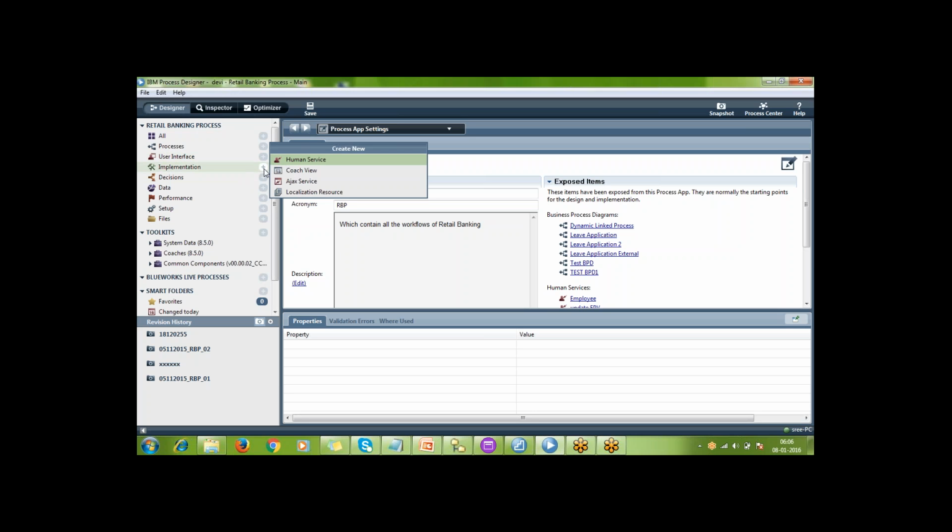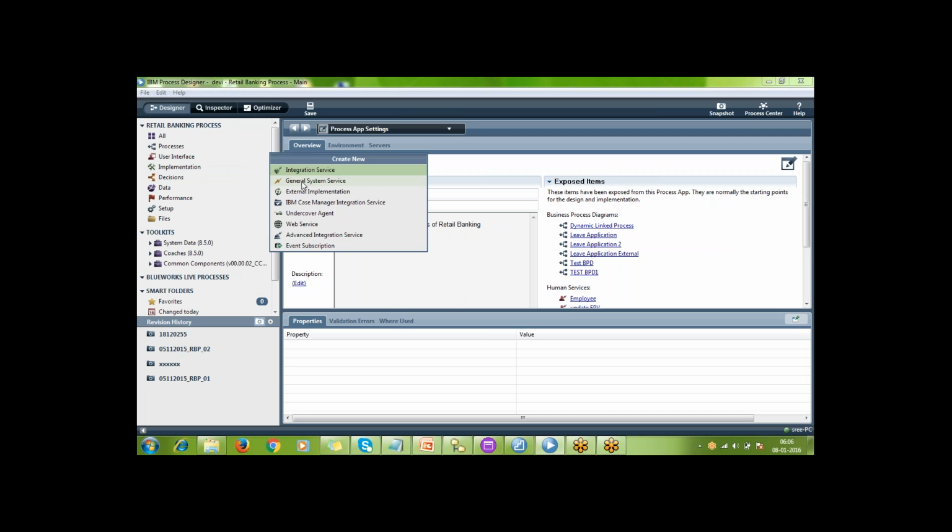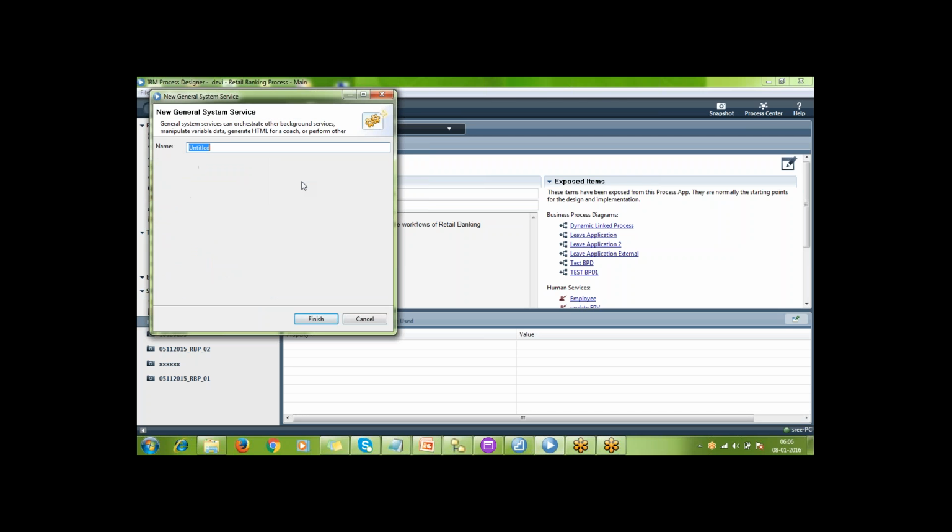For example, I'm writing some general system service in our process app.